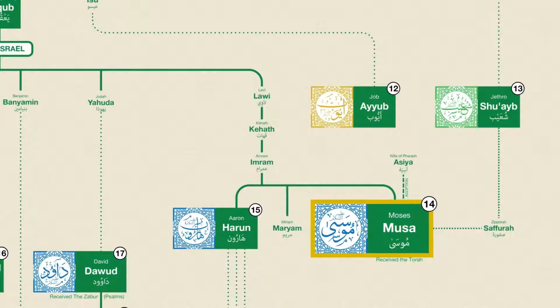But I will mention that Musa is the first of 4 prophets to be associated with the giving of a holy book. Obviously, the Quran is the most holy book in Islam. However, there are 3 other books that Muslims consider to be holy, and all 3 of these are mentioned by name in the Quran itself. The first is the Tawrat, better known as the Torah, which was supposedly written down by Musa.